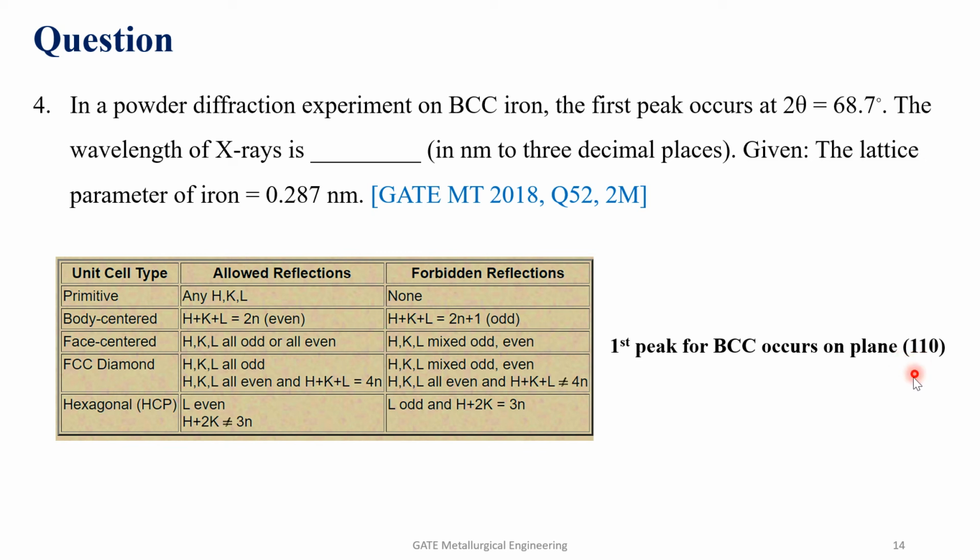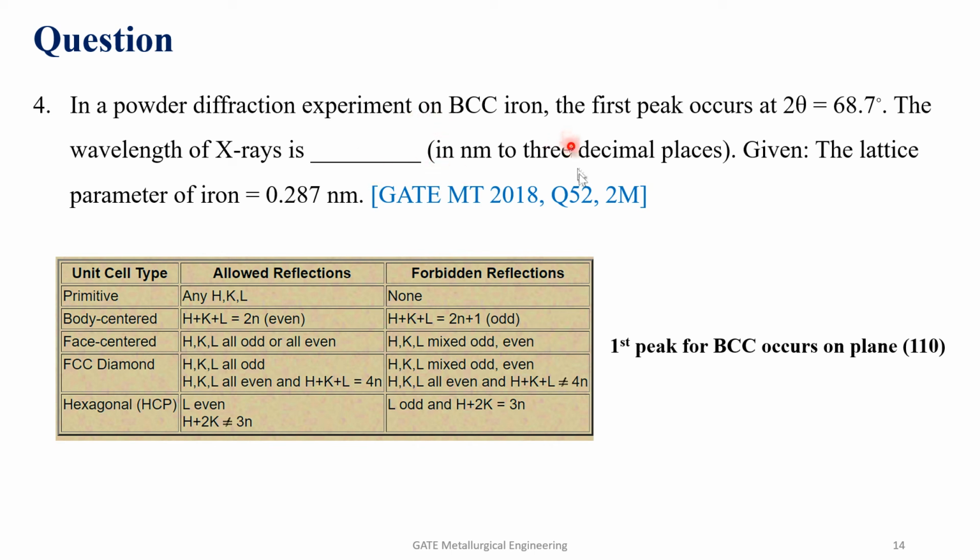That is the first and foremost thing that we should know. This 110 will help us in finding the rest of the answer. So that is done. So I hope till this part it is clear. We need to identify the extinction rule. Try to keep in mind these values at least for BCC and FCC. I won't ask you to remember diamond cubic structure or HCP or anything. Just primitive BCC, FCC. These allowed reflections, if you keep in mind, it will be very helpful because I've seen